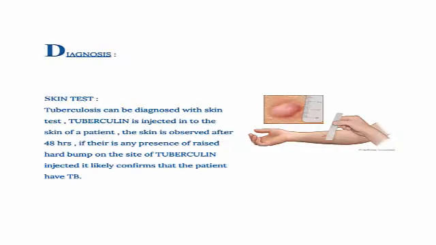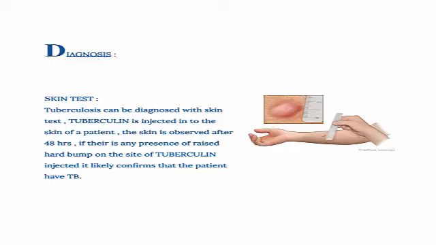Diagnosis: skin test. Tuberculosis can be diagnosed with a skin test. Tuberculin is injected into the skin of a patient. The skin is observed after 48 hours. If there is a raised hard bump at the site of the tuberculin injection, it likely confirms that the